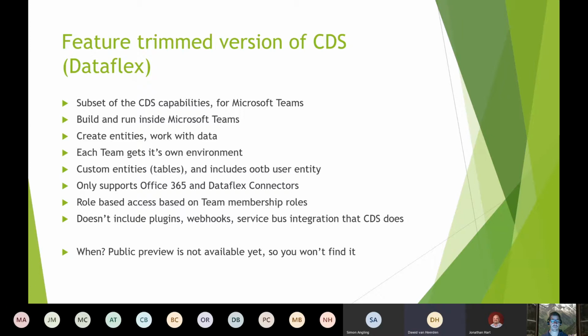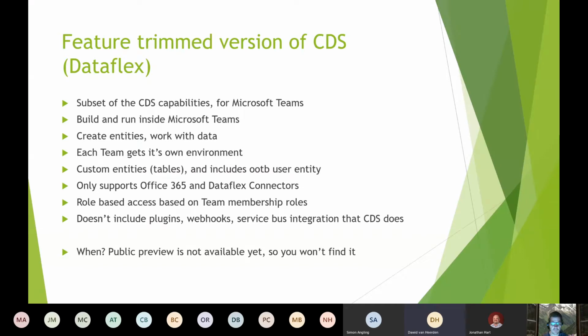So in CDS, if you have 10 gigs available and you need extra space, you can buy additional space, where you won't be able to do that in the light version of DataFlex. And then I also think it's limited at 1 million records or rows. Yep, that sounds familiar as well.